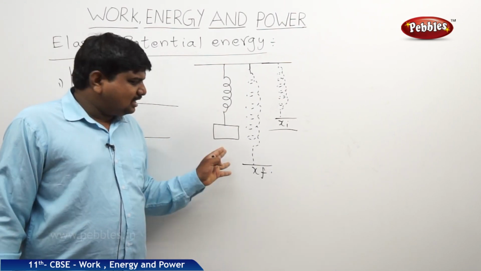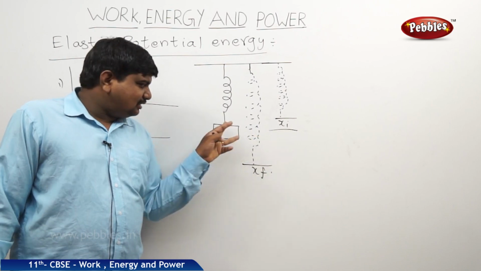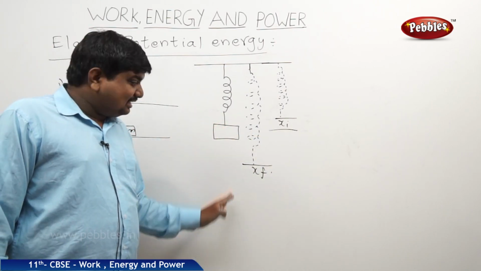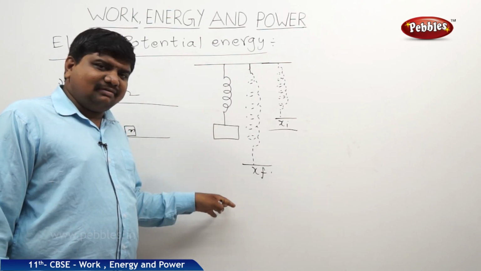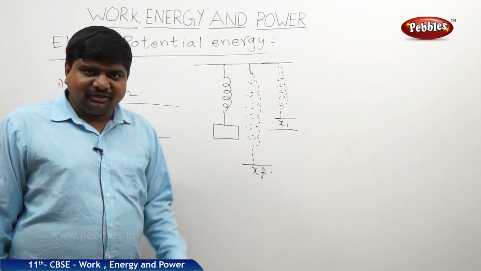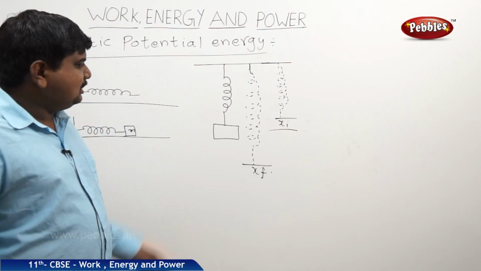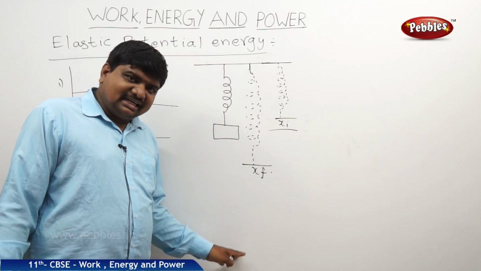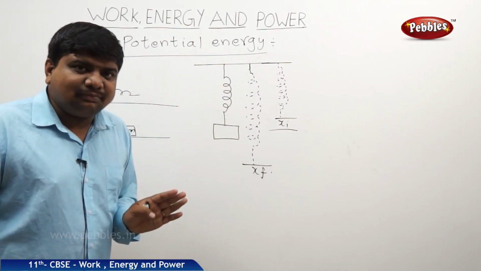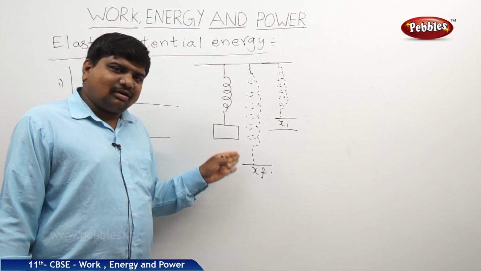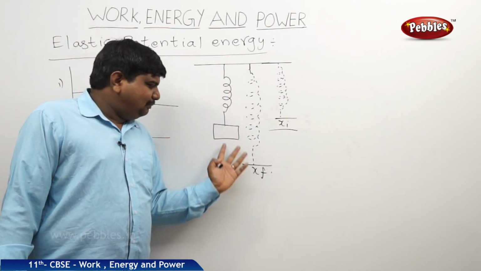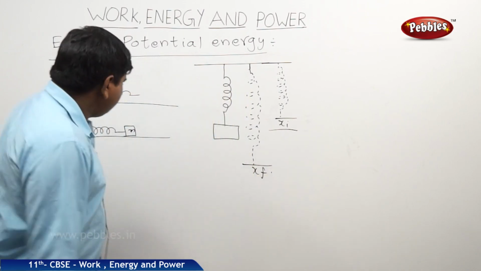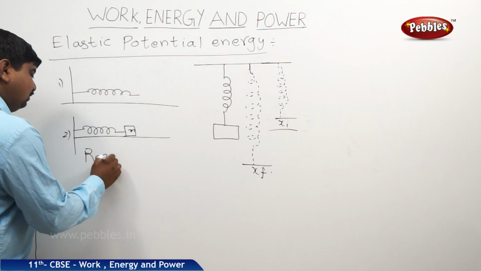The force which results in this expansion and compression under the applying of load is said to be gravitational force, but this gravitational force should be overcome by a force within the spring. That force is called restoring force. Because of the restoring force, the spring is able to do the to and fro oscillations, and again it is coming to the initial position. If restoring force is not acting, the spring will be in compressed motion or in the expansion mode. So restoring force is the key role.